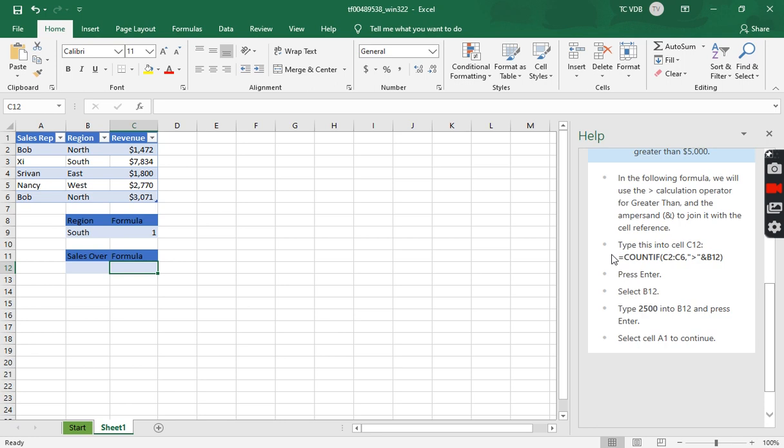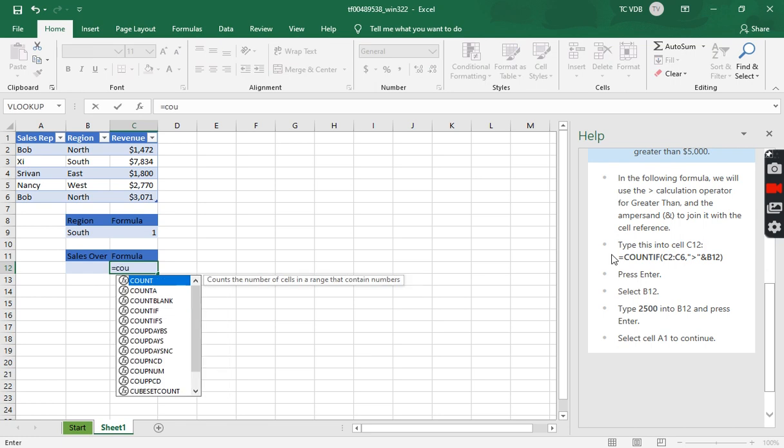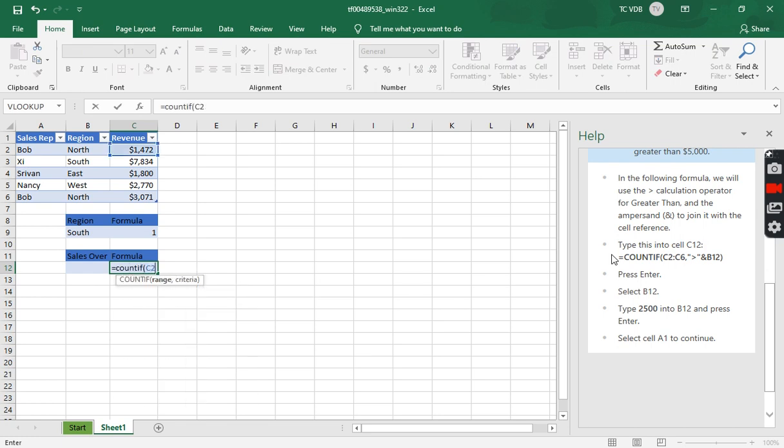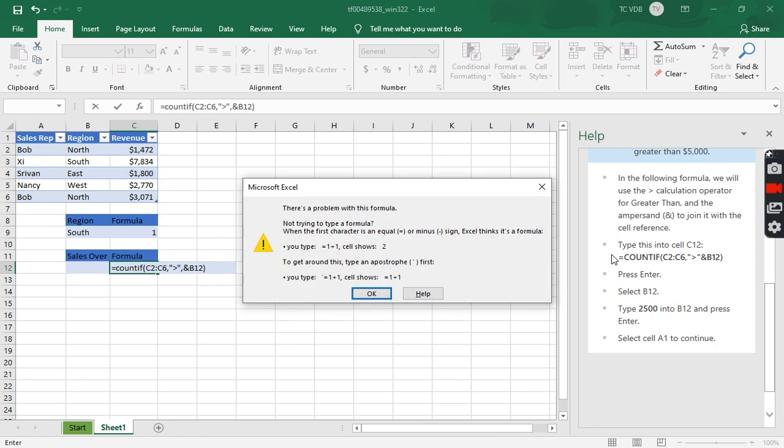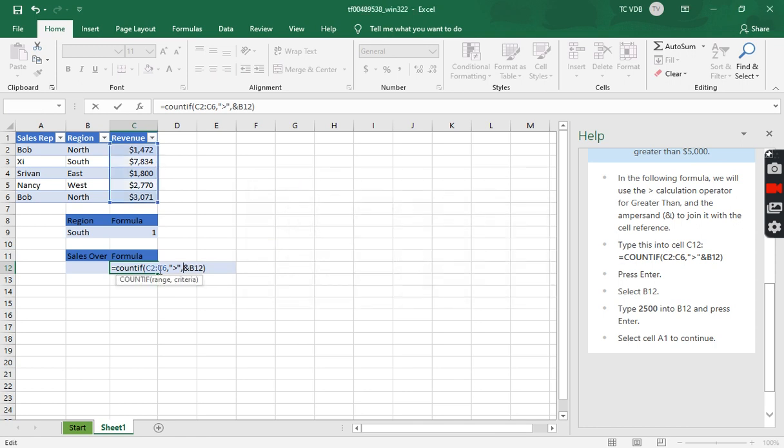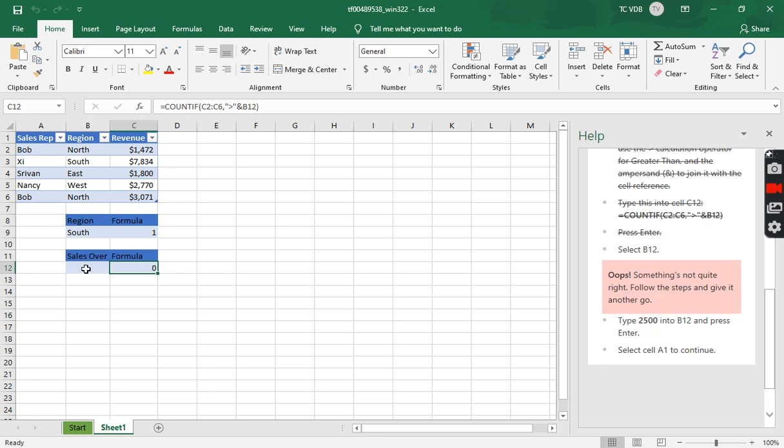In the following formula, we will use the greater than calculation operator and the ampersand to join it with the cell reference. So type this in the cell. So it's equal to Countif C2, C6, comma, greater than, and B12. Closed. Nope, I screwed that up. Equals Countif C2 to C6. Oh, there was no supposed to be a comma there. Cool. Select B12. Type